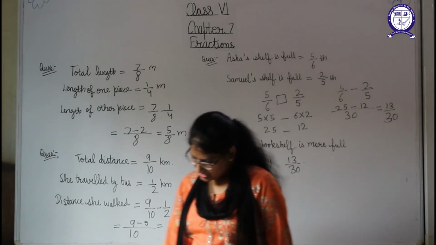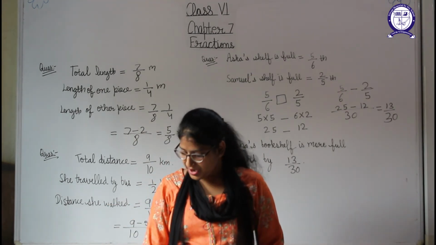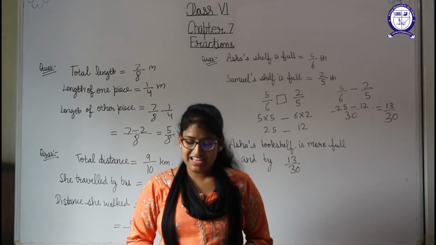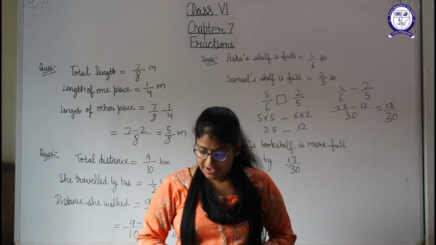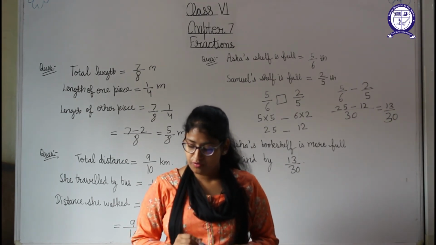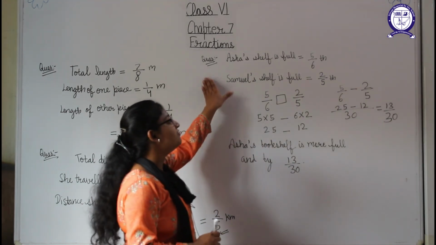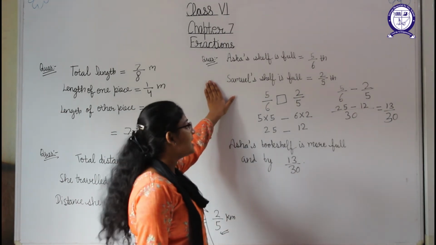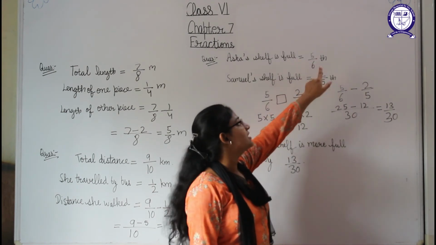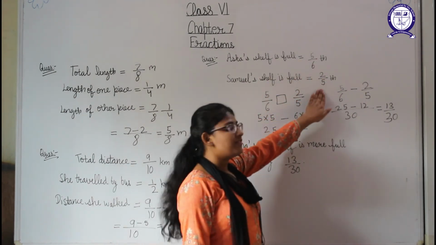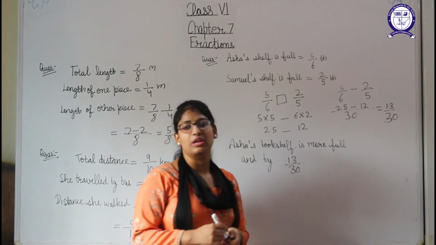Now students, next question is, Asha and Samuel have bookshelves of the same size partly filled with books. Asha's shelf is 5 by 6 full, and Samuel's shelf is 2 by 5 full. So whose bookshelf is more full and by what fraction? Okay, it means both the children have shelves of the same size. Asha's shelf is 5 by 6 full, and Samuel's shelf is 2 by 5 full. Okay, now we have to tell whose bookshelf is more full. It means we have to